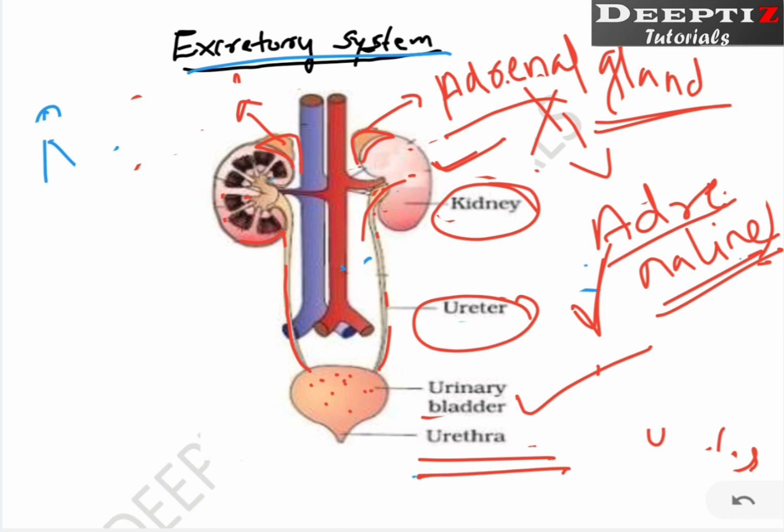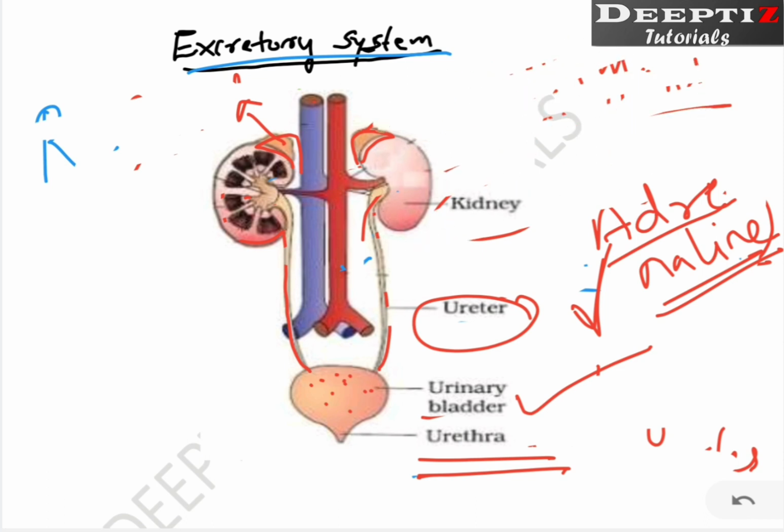So what is our urinary system made up of? Our urinary system consists of a pair of kidneys, a pair of ureters, then the urinary bladder and